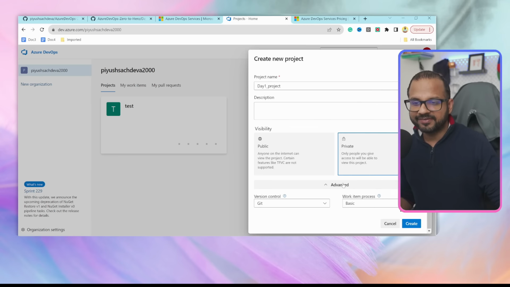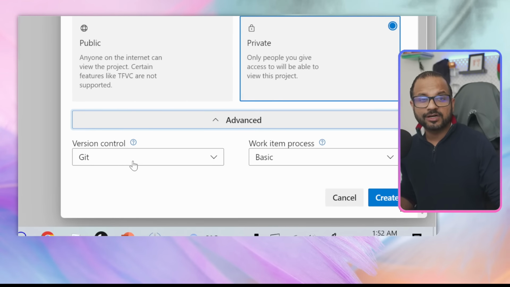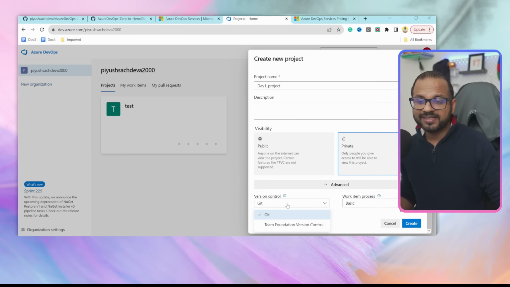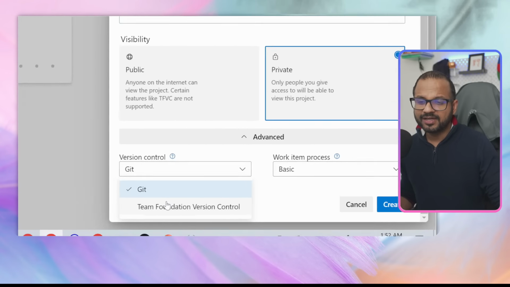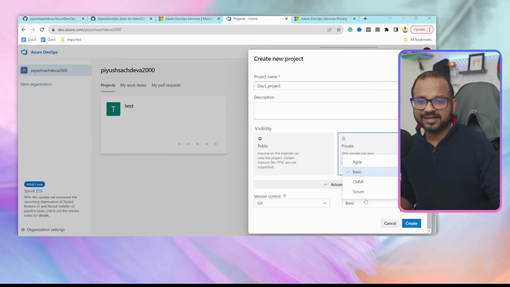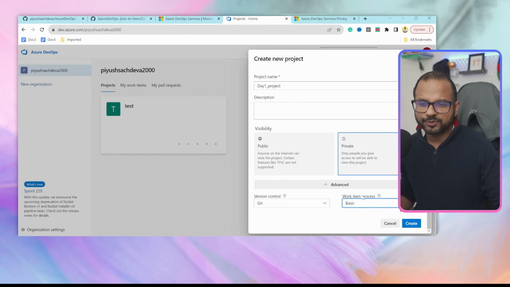And if you hit advanced, it will just ask you default options such as the type of version control that you want to use, whether Git based or TFVC. I will also explain these two on the third day, right? But for now, these are the two options that it provides you, and then different work item processes, like whether you want to go with Agile, Basic, CMMI, or Scrum, right? So you can select your work item process. These are nothing but the project management frameworks that you can choose from. So once you verify all the details, you can hit create,